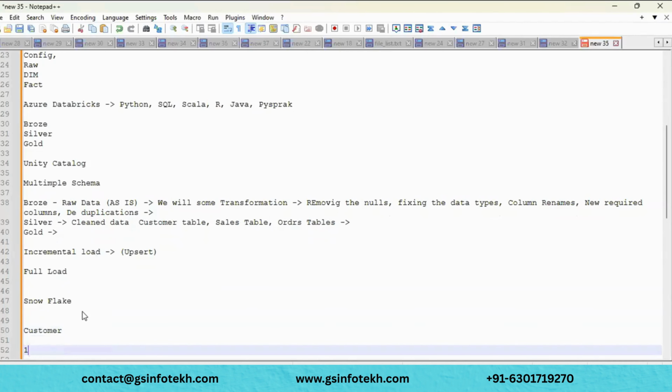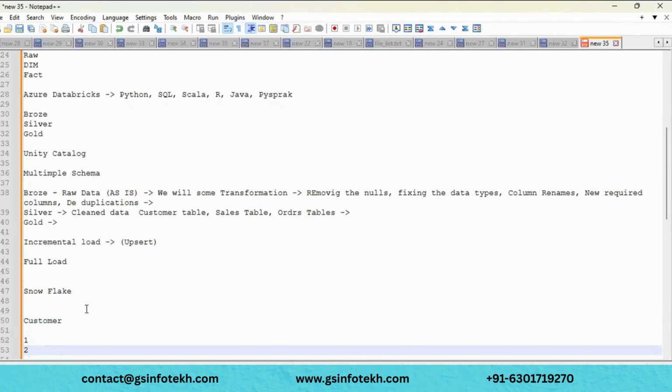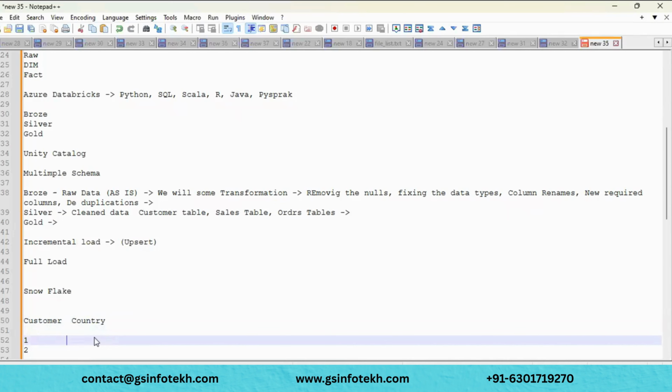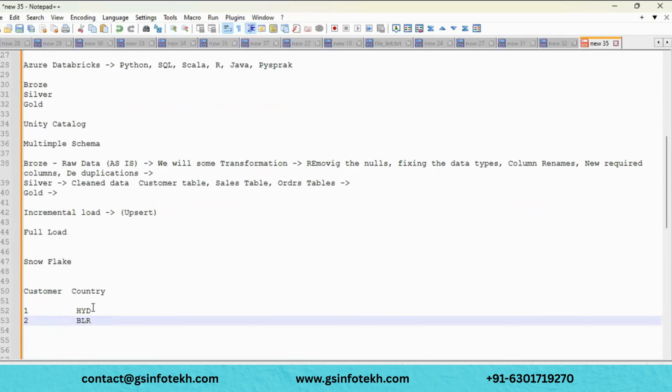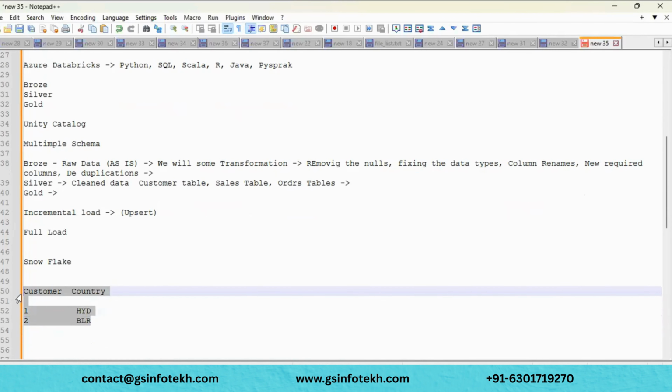For example, we have customers, assume customer 1 and customer 2. Customer 1 is located in Hyderabad and customer 2 is located in Bangalore. Let me take this as old data which I have already inserted.